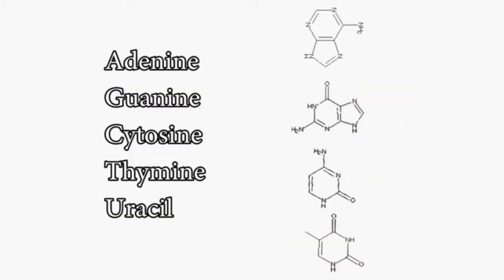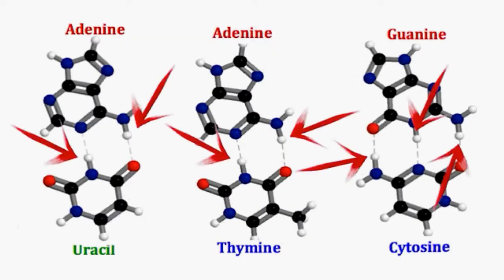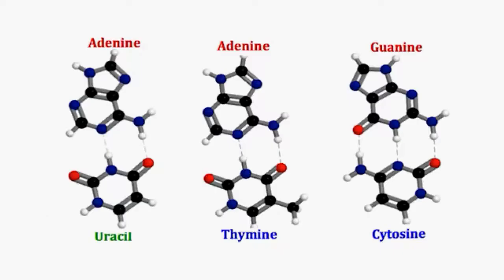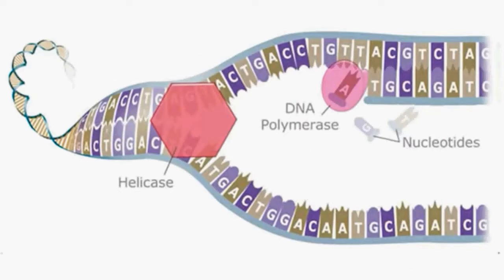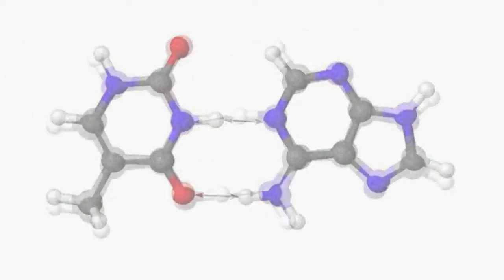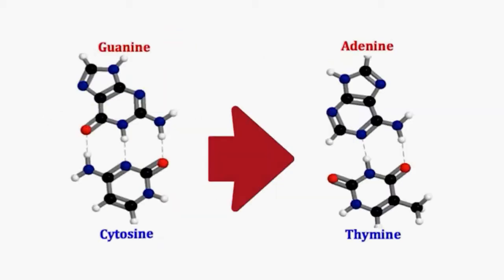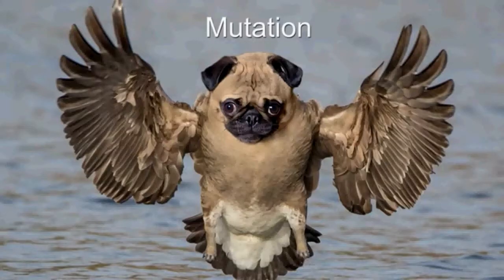It consists of these 5 nucleotides. Inside the DNA, those nucleotides are tied in pairs by several hydrogen atoms and form this well-known spiral. We will focus on only 2 of those pairs. During the DNA replication, there is a small chance that the hydrogen atoms will change their places, thereby transforming the GC pair into the TA pair, or vice versa. This will cause an alteration in the genetic code and therefore, a mutation.